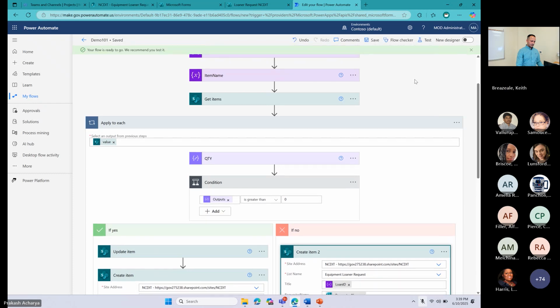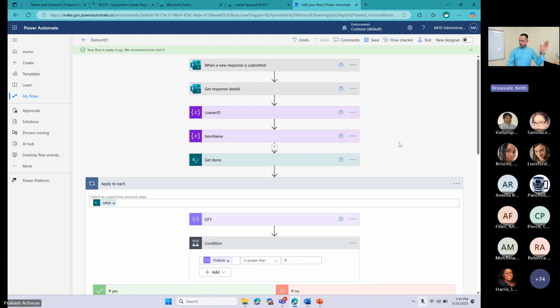Okay. So again, let's go through from top to bottom. First thing is when somebody submits the form, there is a trigger. Second item, get response detail, is going to get the response from the item. The loaner ID and item value, those are some of the variables that I store the information about from the response detail. Get items is where I pull the inventory items from my inventory. And after then,